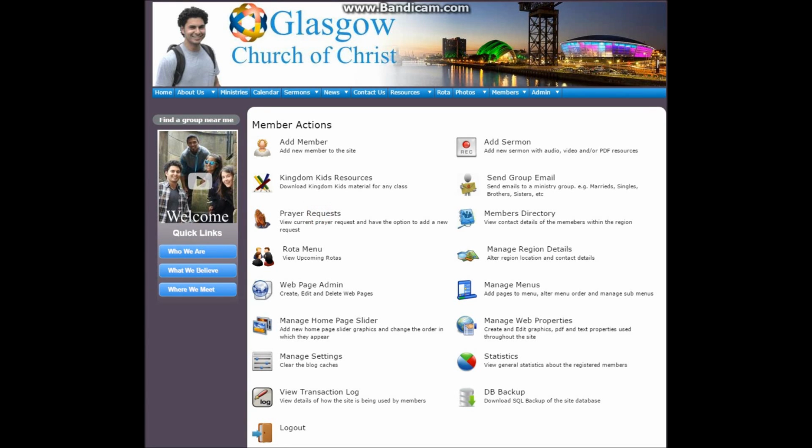Okay, today I'm going to talk to you about a new piece of website functionality that is the Rota menu. It's a new option that appears on the members home screen. Here it is, Rota menu. Really click here,